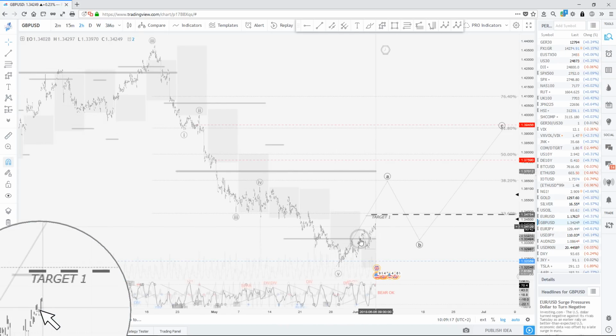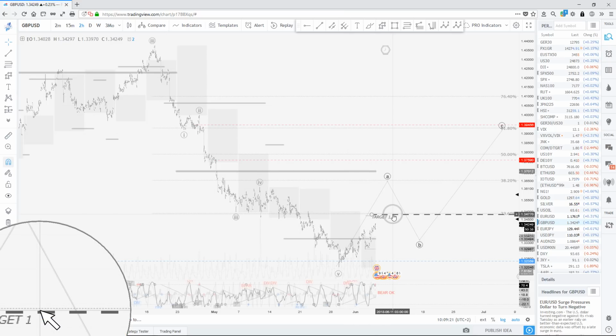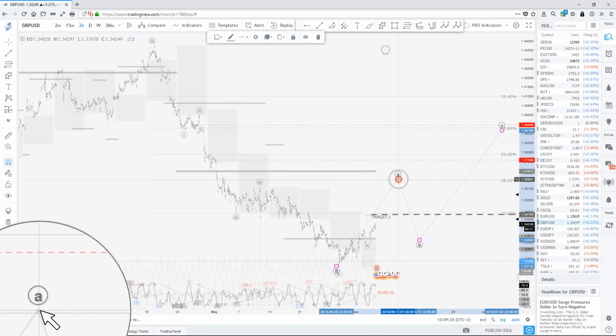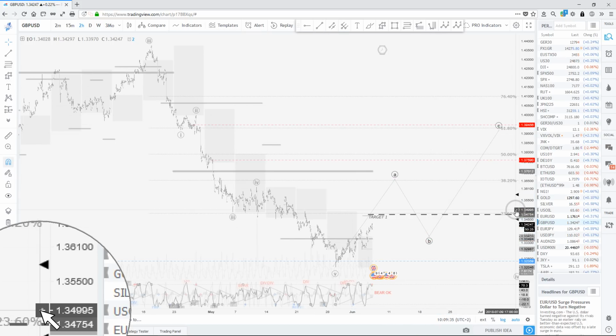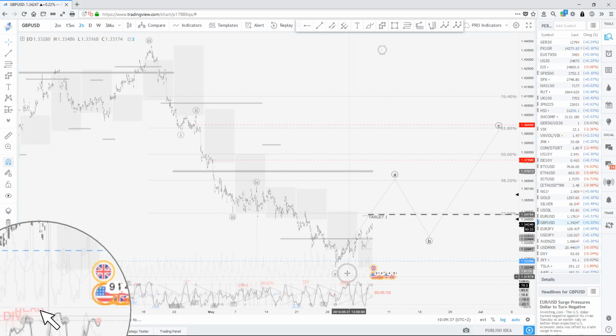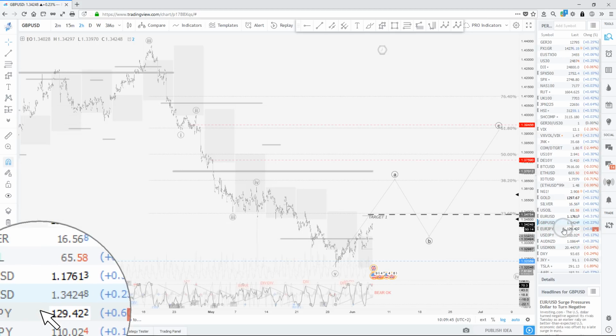GBP USD as well, same thing on the weekly chart. We've been making a bullish engulfing out of a lower week shadow candle. Same thing goes there. I have a first taking profit in here, second taking profit in here to find the A point, and then I'll probably rebuy the B point pullback for a B2C wave. Same scenario, Euro USD, GBP USD, but I've got much more confidence in the GBP USD to be a nice performer in the next following days.